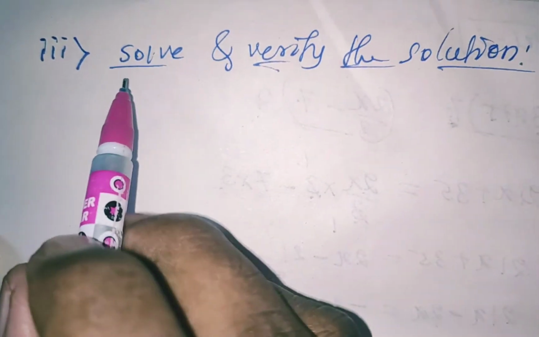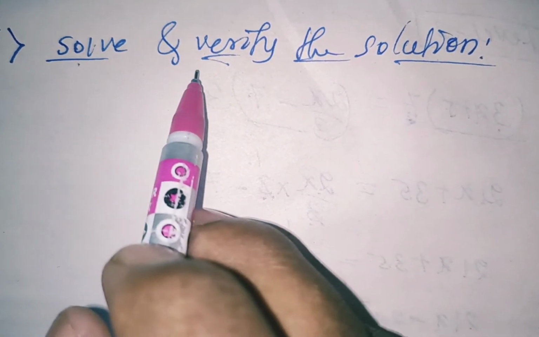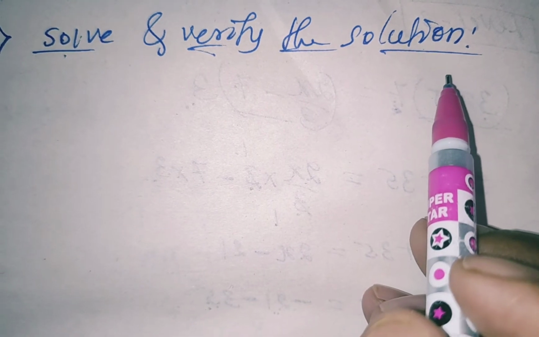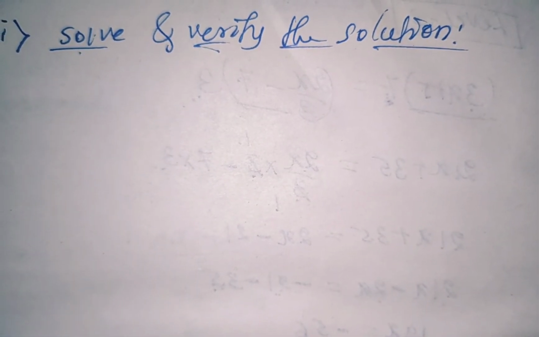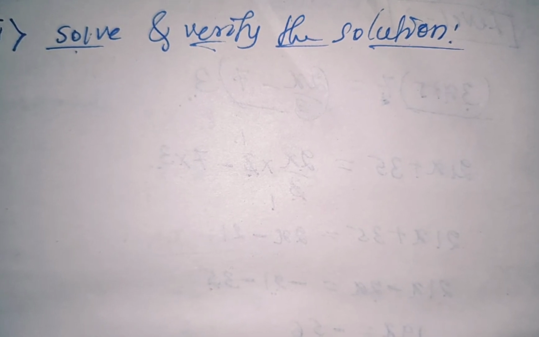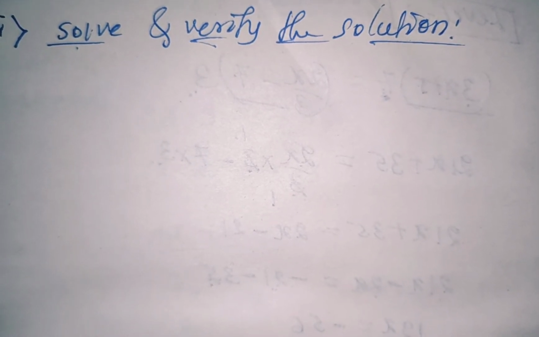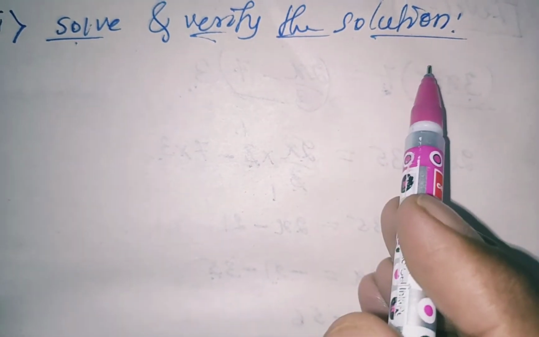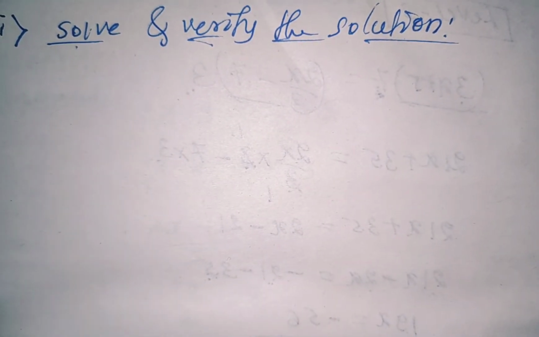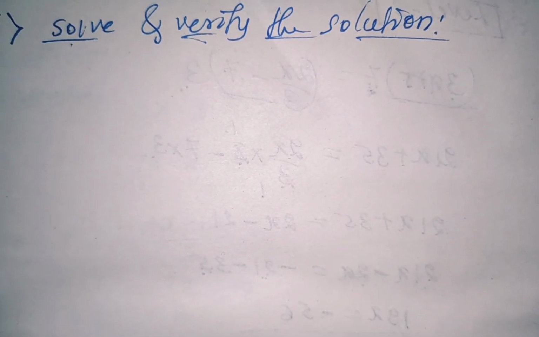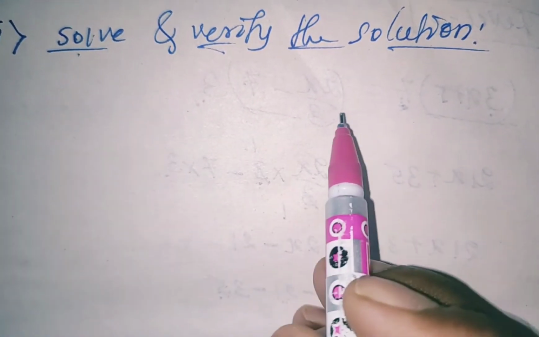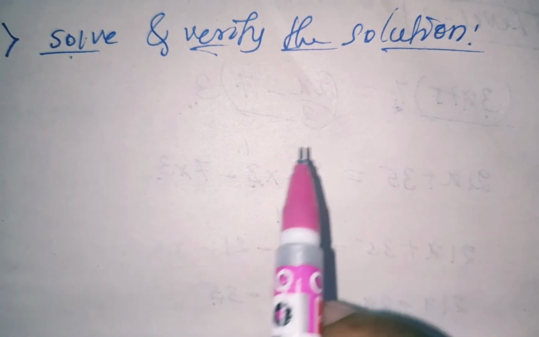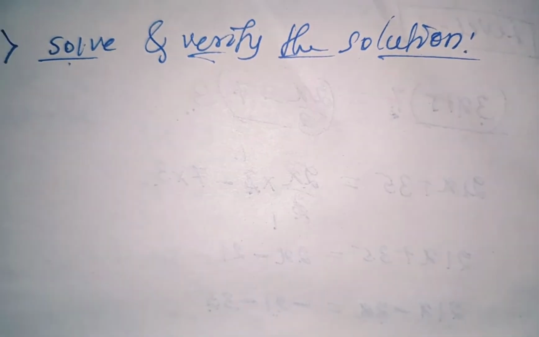Dear students, so one more example. Solve and verify the solution. See here in this case, first you have to find the answer, the value of x or unknown value, whatever variable is there. Find the value of the variable, then verify the solution. Verify मतलब क्या करना है? You have to take LHS and RHS, and LHS should be equal to RHS. Okay? हाँ. So क्या करना है यहाँ पे? LHS equal to RHS करना है, मतलब दोनों verify करना है.